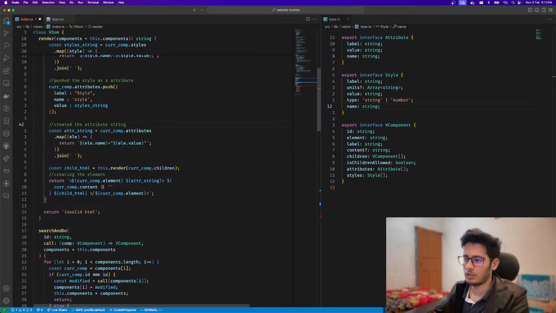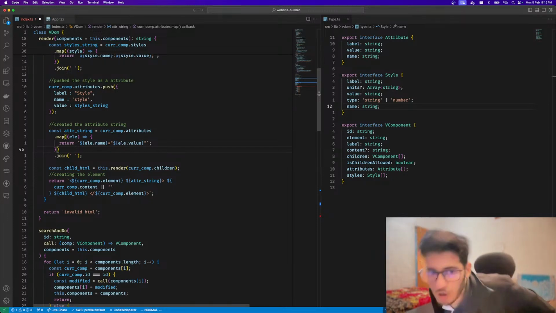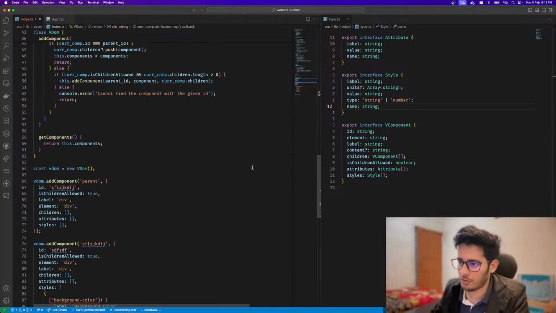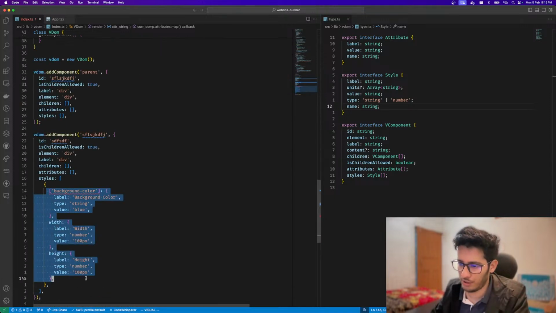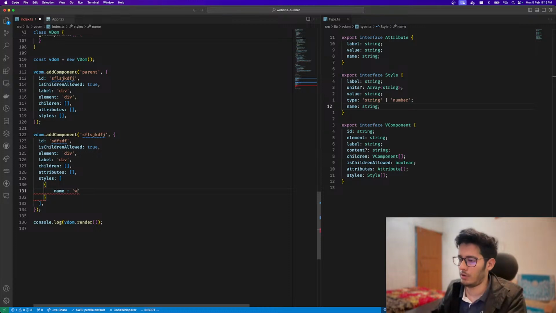Okay. Great. We are making progress. I'm happy. Current component attribute dot map, whatever this is, looks pretty correct to me. Now we don't need to do something like this. Now we can be very smart. So we can say the name we want is whatever, like width, right? And the value we want is